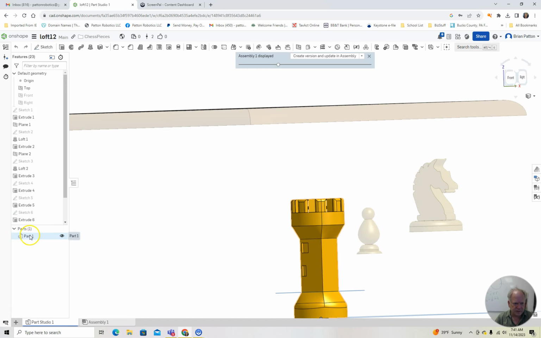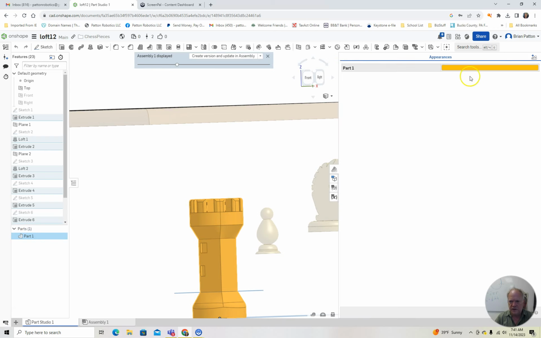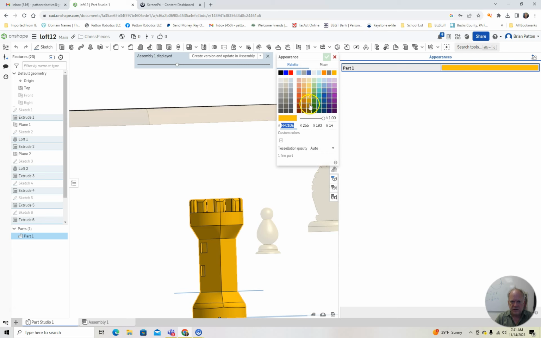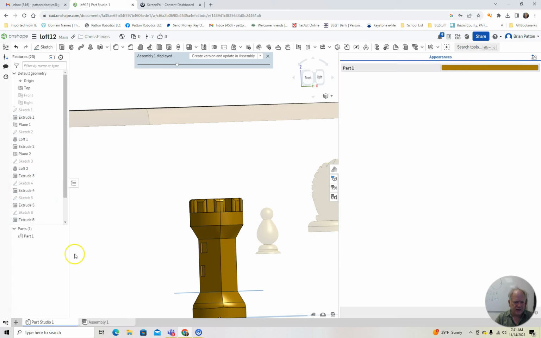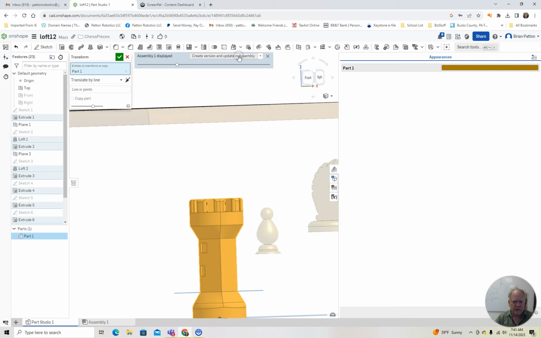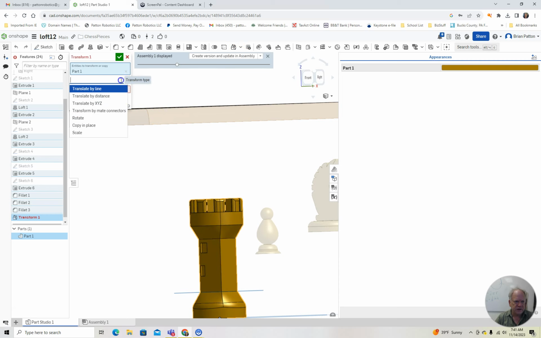I'm going to select that part. I'm going to change its color a little bit. Let's make it that darker color. Say OK. And now I'm going to select that part again, and I'm going to transform it. It was actually in this pull down here. So I'm going to transform it. I want to scale it,